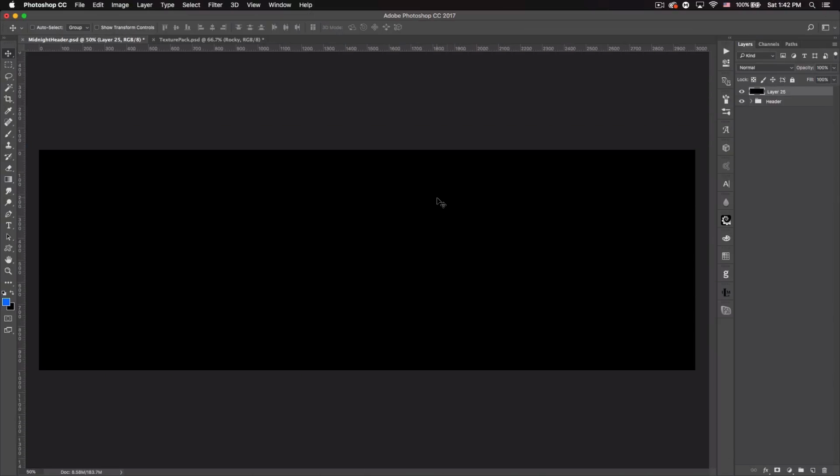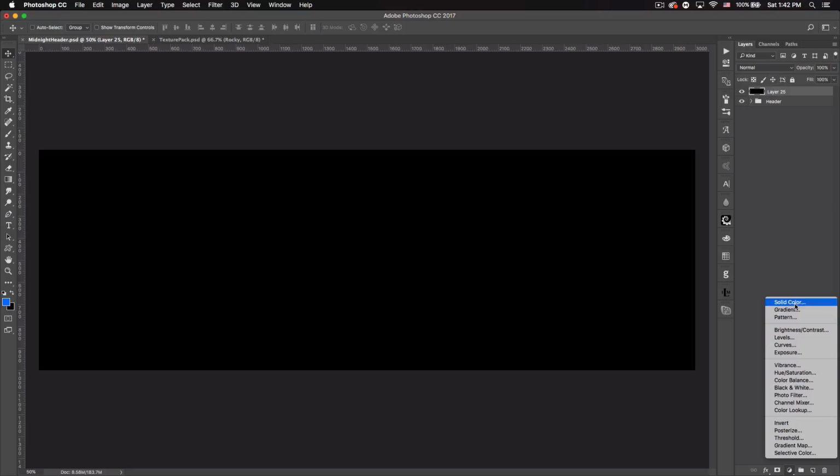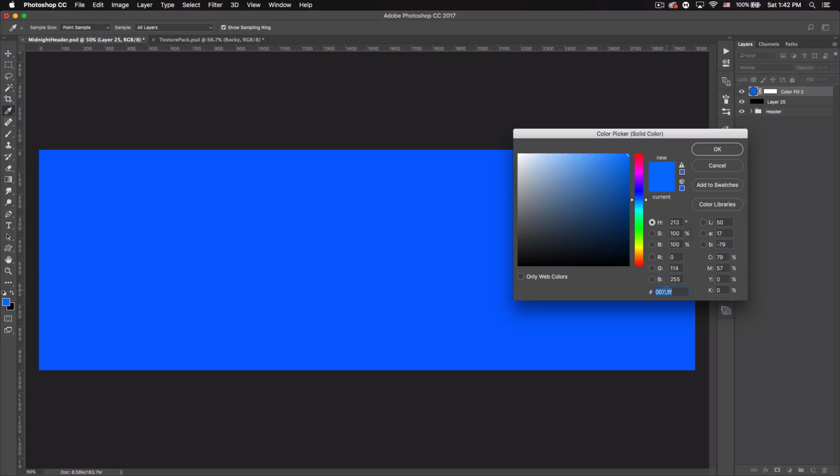So first things first, you want to set up your template. I'm in a Twitter header template, which is 3000 pixels by 1000 pixels, and we just have a black background here. The first thing we want to do is fill the background with a solid color. So go down to adjustments, the half circle thing, solid color,